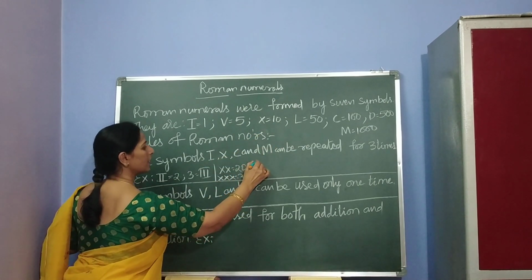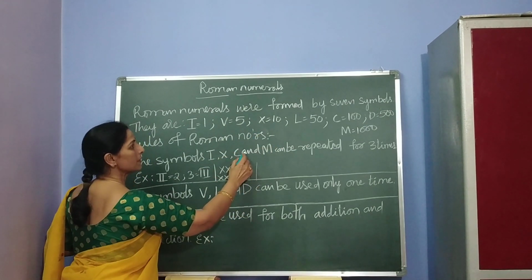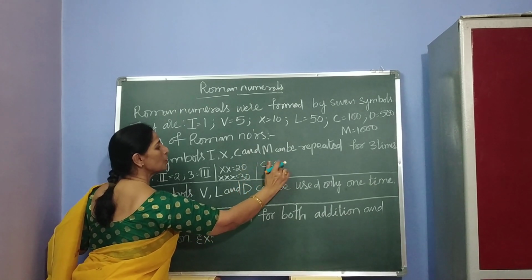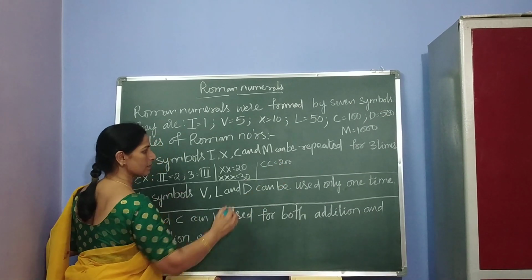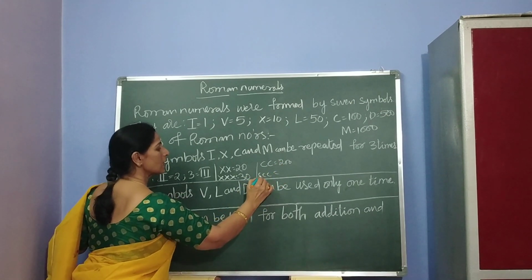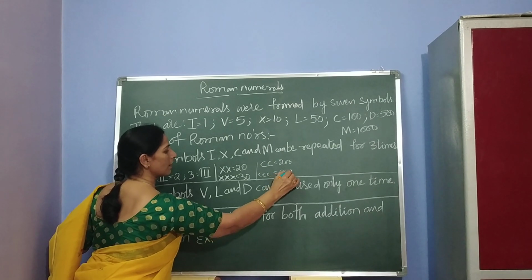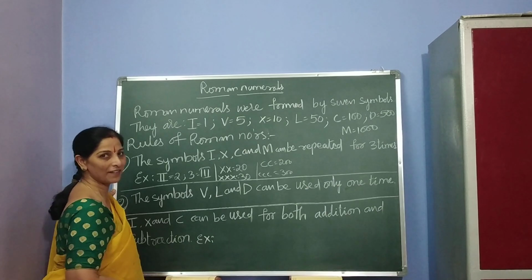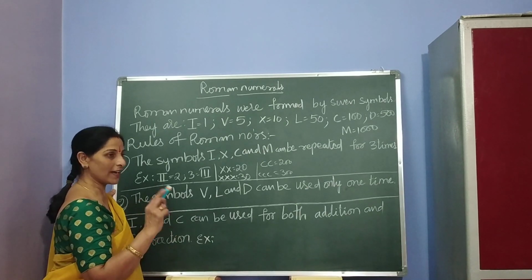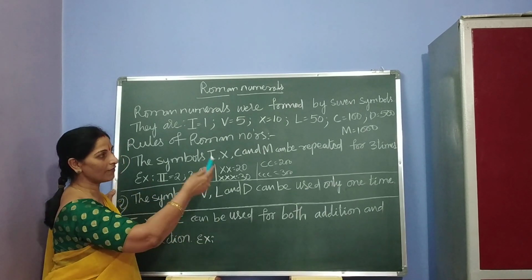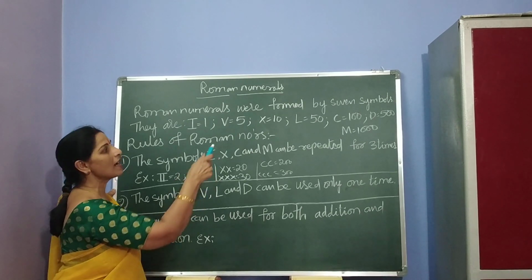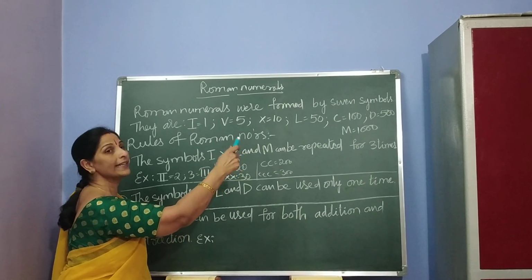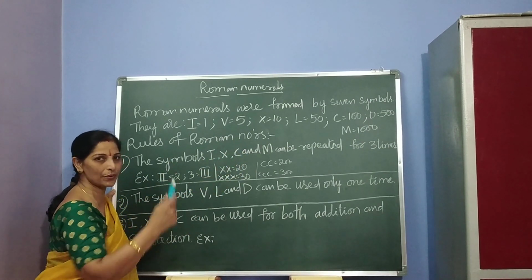Okay? Now we'll go for the next symbol, C. C stands for 100. C gives 200. Okay children? 100 plus 100 plus 100, 300. Again next is 400. That 400 is closer to 500. So 500 minus 100. 500 value is D. Minus means minus 100. 100 value is C. So CD. To write 400 we have to use CD.